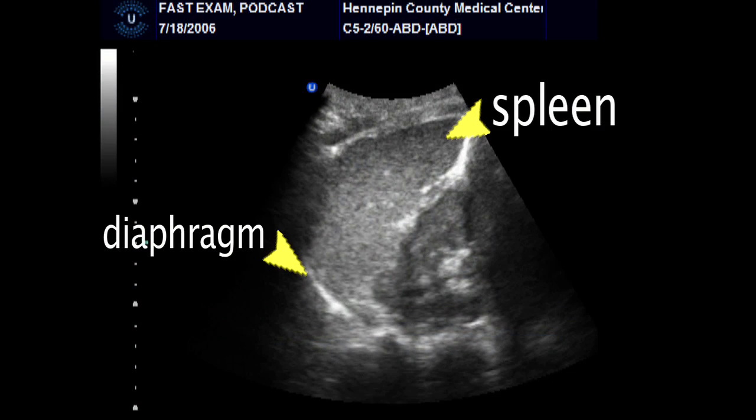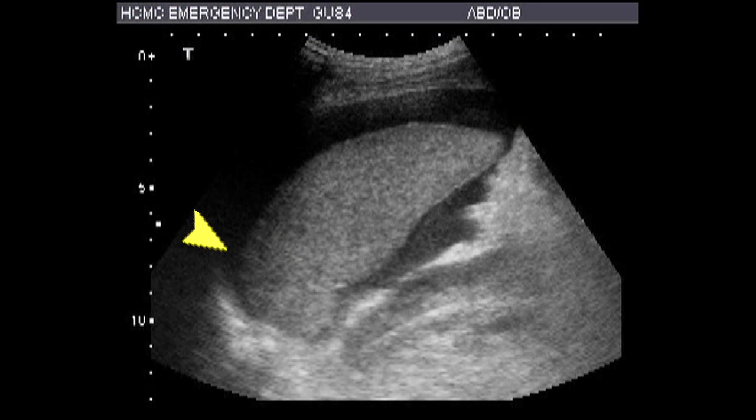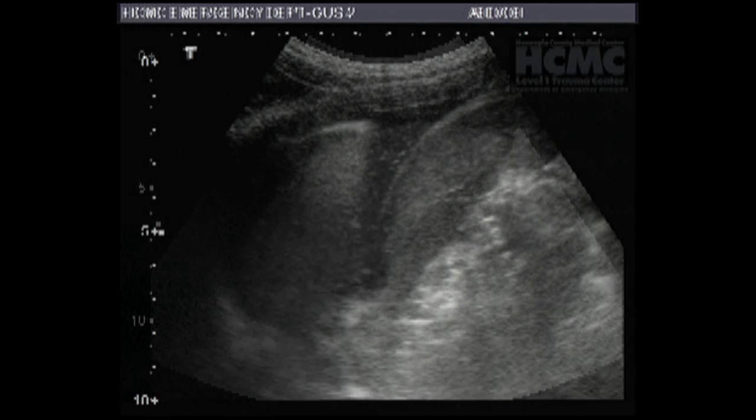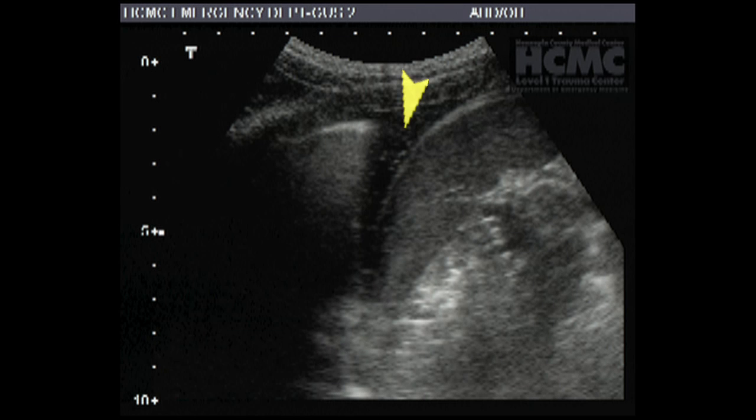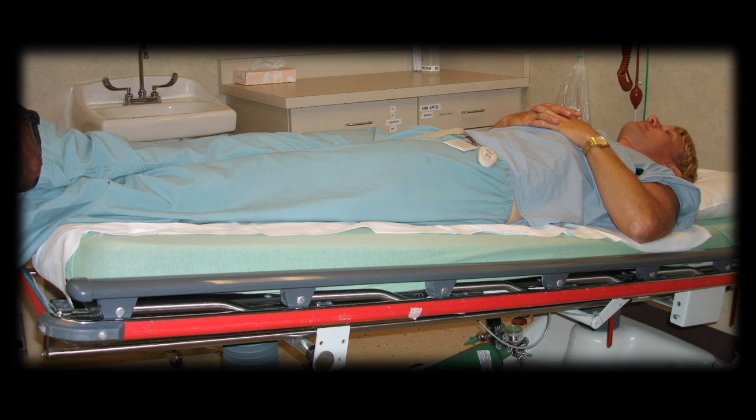In a good perisplenic view, you will visualize the periphery of the spleen and the left diaphragm, not necessarily the kidney. Intraperitoneal blood will usually be seen around the lower tip of the spleen or superior to the spleen, just under the diaphragm. A hemothorax will appear as an anechoic or black fluid collection just above the diaphragm. In both the right upper quadrant and left upper quadrant views, placing the patient in Trendelenburg position may improve visualization